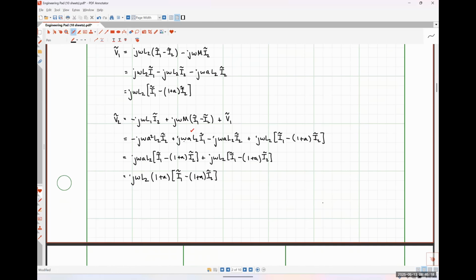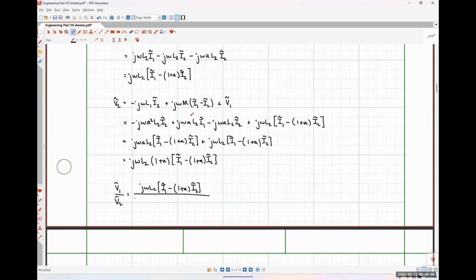Expressing things in this way, what I can find is that V1 over V2 comes out to be j omega L2 times I1 minus 1 plus A times I2,